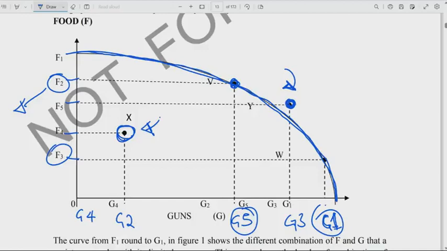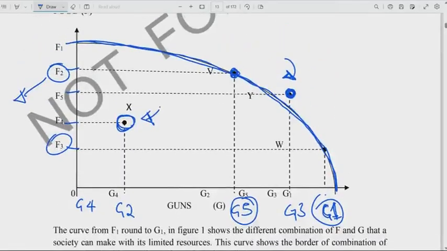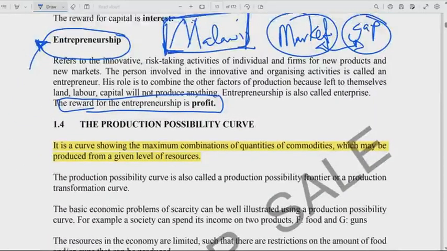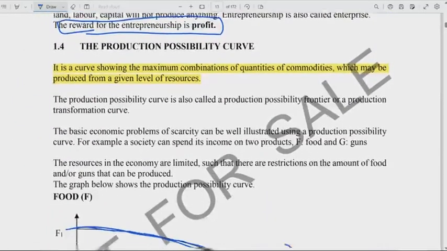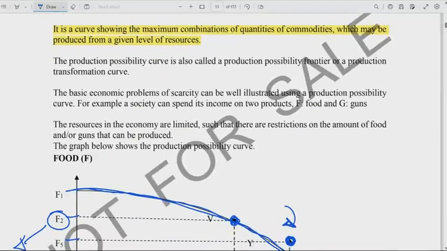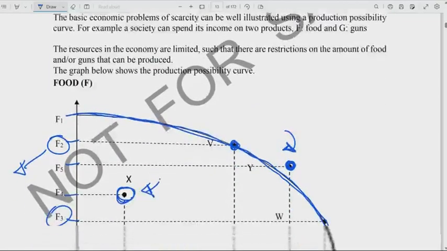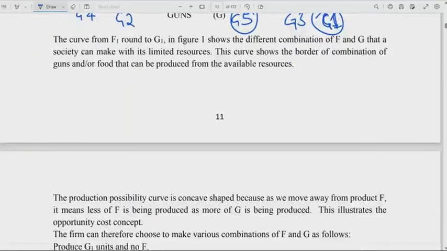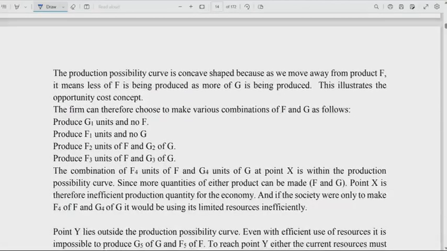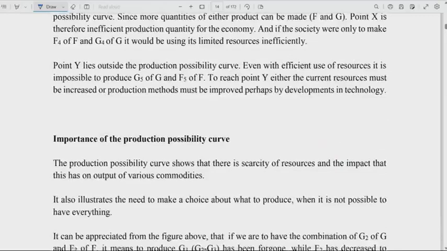They're underutilizing the available resources. So basically, that's to do with the production possibility curve. It's a curve that shows the maximum combination of quantities of commodities which may be produced from a given level of resources, right? That's to do with that. So all that is actually explaining that